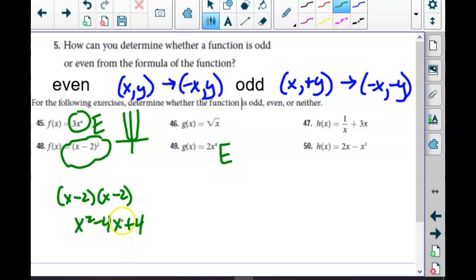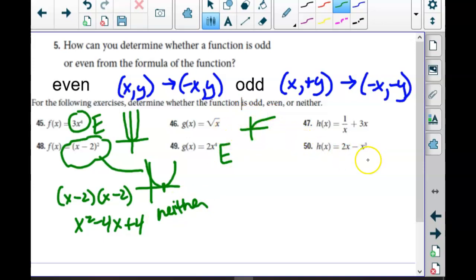Because this has an exponent power of 1, it is also a parabola that's been shifted to the right, so it's actually neither. Okay, square root graph looks like this. That would be neither. This might be odd. Do you see the exponent powers are 3 and this would be 1? So that one would be odd. I honestly don't know what that looks like, 47, so I'd have to graph it and think about it. All right,